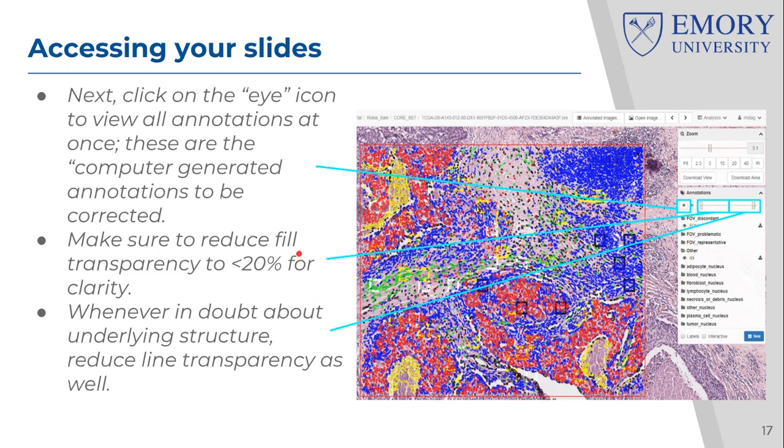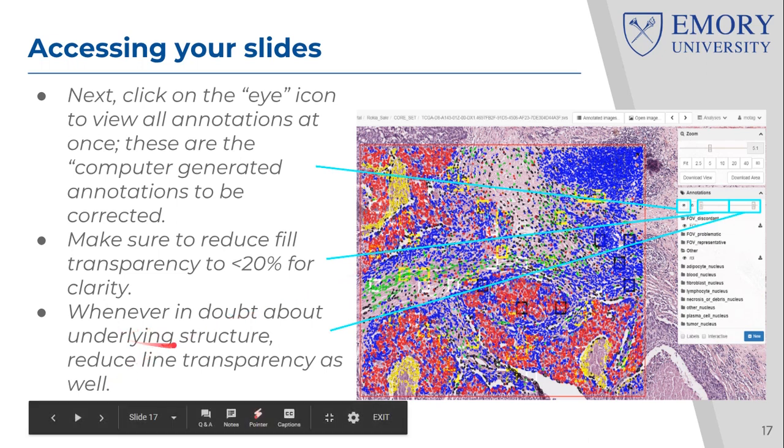Now, one thing you need to do, for your own convenience and for making sure that you make accurate annotations, is go to the slider bar on the left here and reduce it almost to the minimum. If not to 0, then maybe to 10 or 20%. This reduces the transparency of these computer-generated annotations so that you can see the underlying tissue. You can really see what is going on under these colors. And that turns out to be important, as you will see in the tutorial later on, as I zoom in on some of these snapshots, okay?